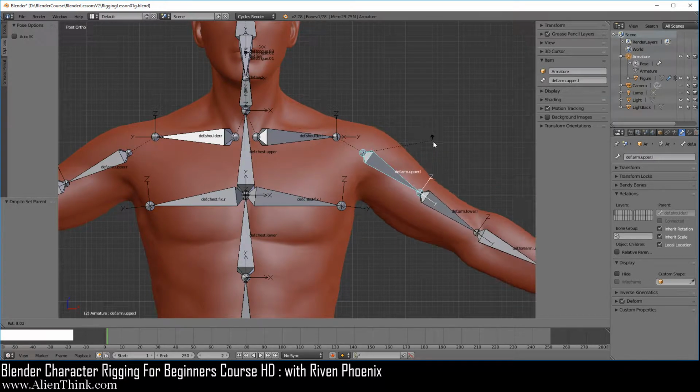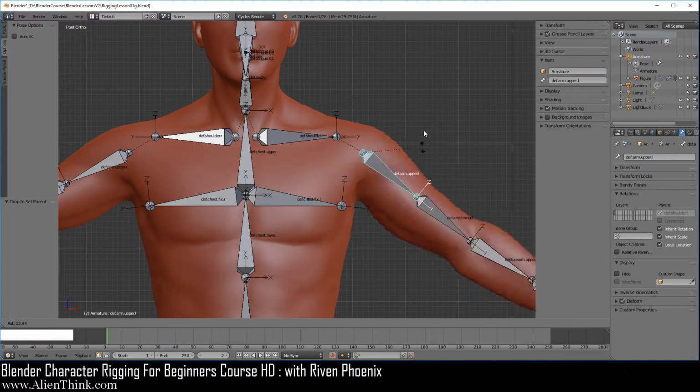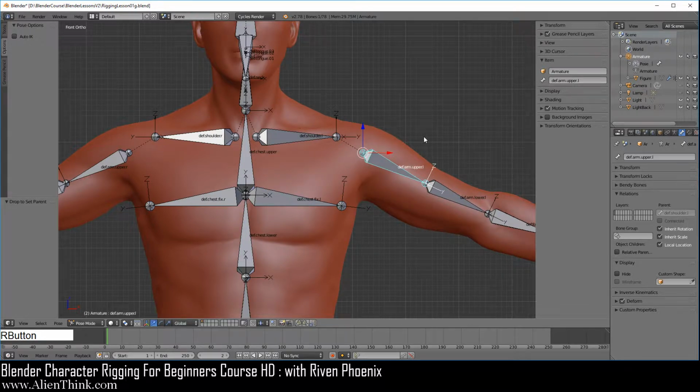The vertices are acting like children for these bones. Wherever the bones go, or wherever the parents go, the children will follow. Right click to cancel this. So when you are dealing with armatures, you are pretty much at all times dealing with parent-child relationship concepts.